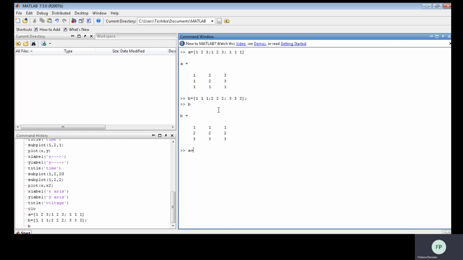You can also multiply or divide, and do mathematical operations like this. So this is only an introduction.